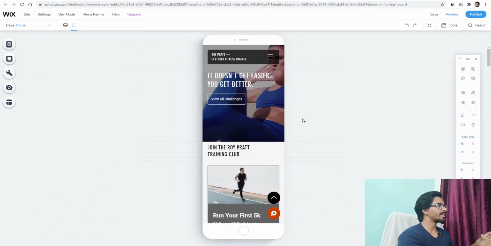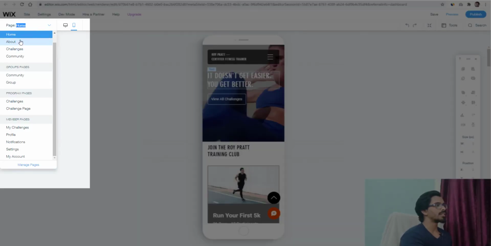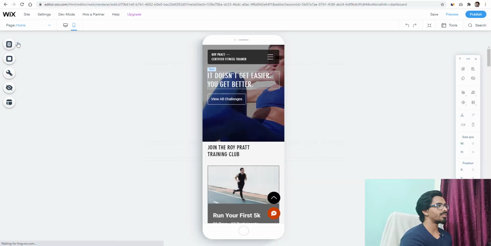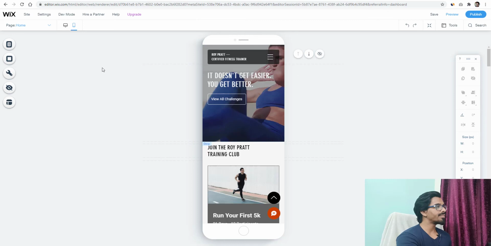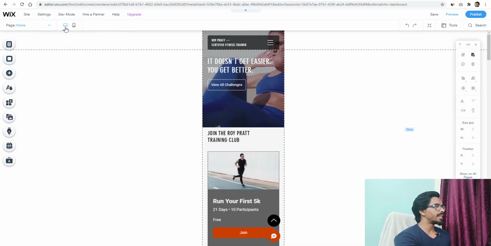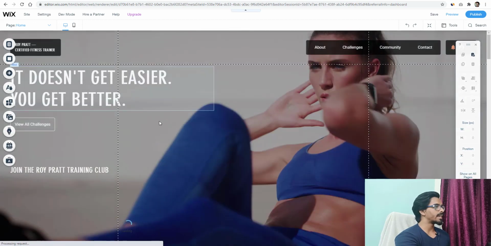So this is how, guys, you can easily optimize your website, and if you want to optimize the other pages, then you can easily do it from here. You can just switch to any page and you can optimize that particular page for your mobile version. I will definitely tell you how you can optimize the website manually when you build a website from scratch in my upcoming videos. But I know that you have got some basic ideas of how you can optimize your mobile version website. This is the main thing which I wanted to share with you guys.